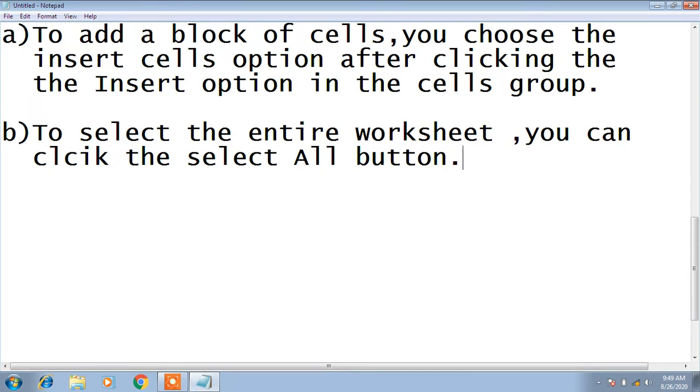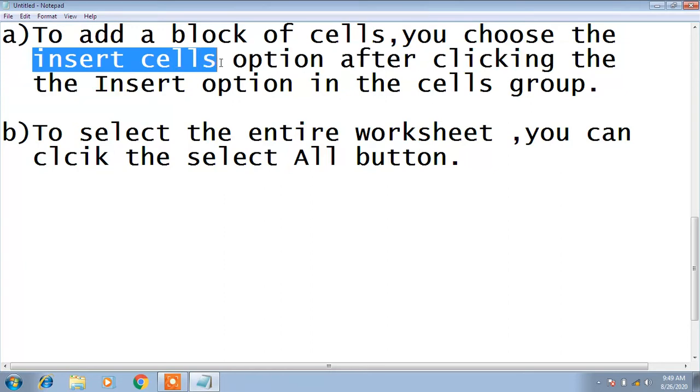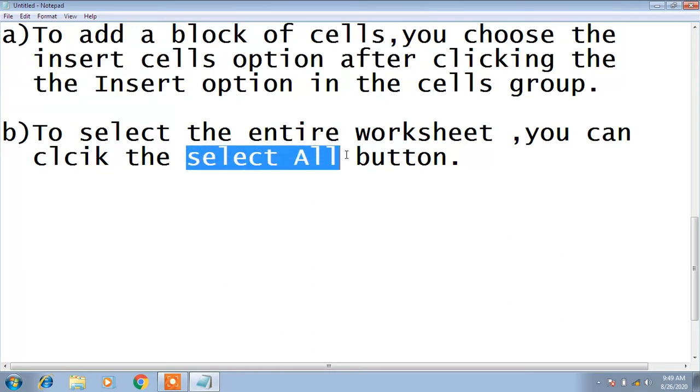So the answer is Select All. For the first one, the answer is insert cells, and for the second question, the answer is Select All.